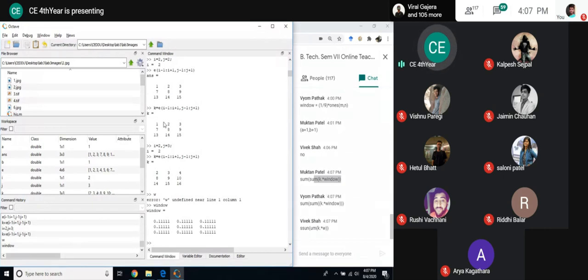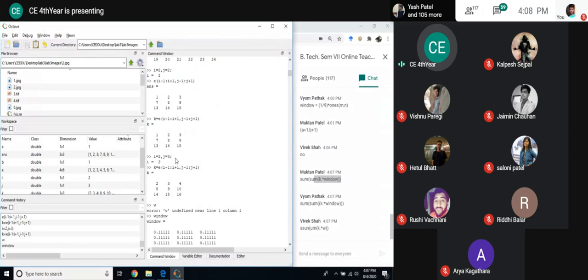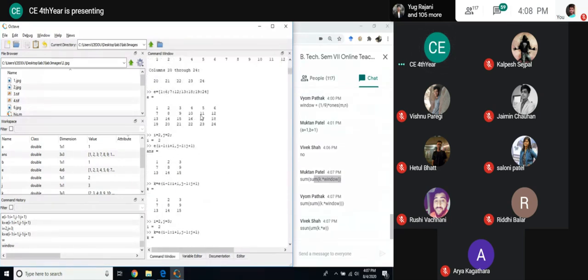Suppose I am having this as my K, this much as my K, that is 1, 2, 3, 7, 8, 9, with this as center element and this as K. Then this command will work. Then I will just change my K. How to change K? Just vary i and j. So it was shifted here. I could take this 3 cross 3 element easily if I change i to 2 and j to 3, that we have already seen. In that way, I will go up to this element, because this will be the padded one. I hope you can disassemble the thing.